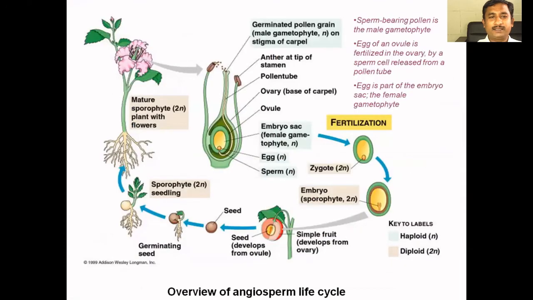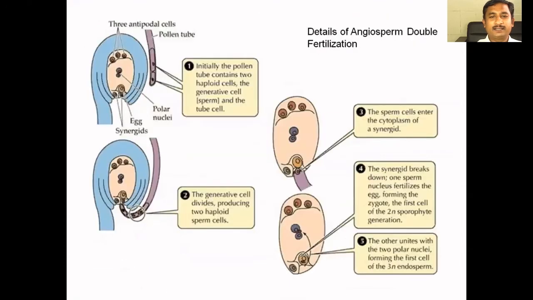Because this entire process, you just remember here. Whatever I was explaining here is what is called double fertilization. Why do we call it double fertilization? See here, I was telling, inside the pollen grain, for example, initially, this is what I was depicting in that slide. It contains two haploid cells: a generative cell and another, the tube cell. This much is clear. Number one.